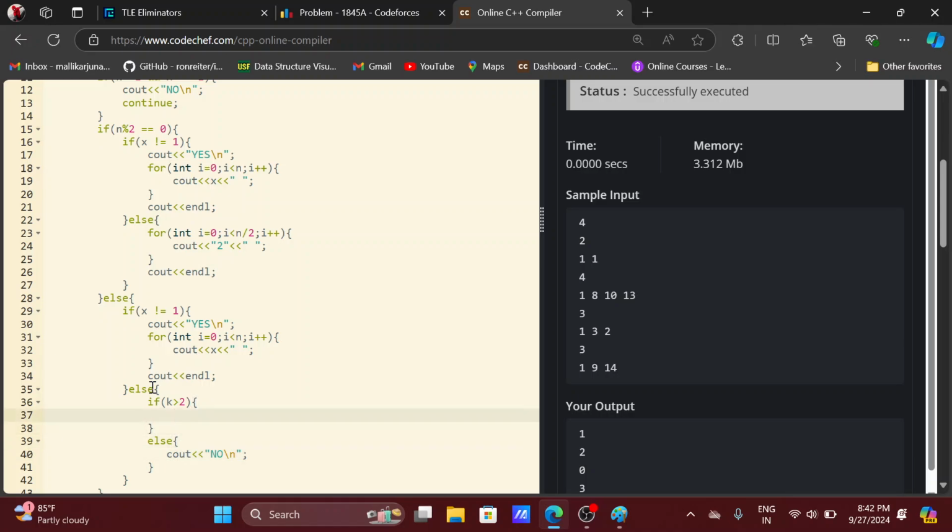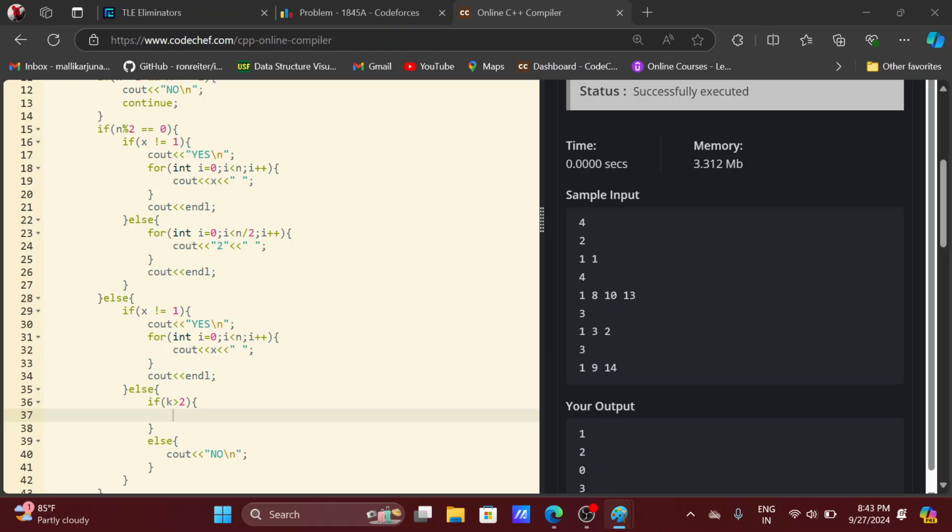So if k is greater than 3, so that means 3 exists. Odd number exists. Is it possible to get any odd number? So if 5 is an odd number, but you shouldn't get that odd number with the 3. Right? Okay. If k is equal to 1, it will take it. If k is not equal to 1 and it's greater than 2 and k is greater than 1. So 2. If k is equal to 2,